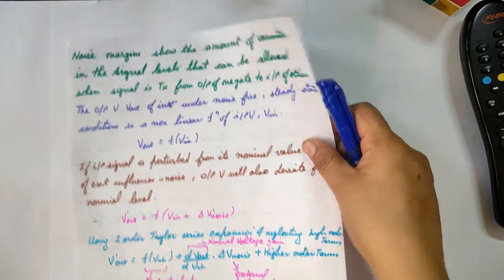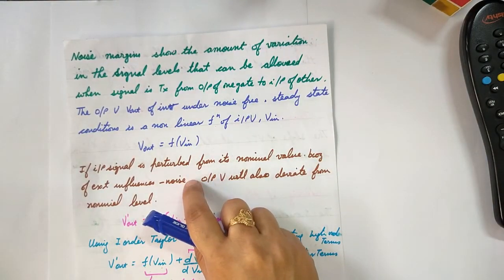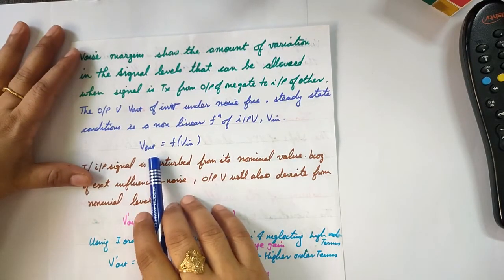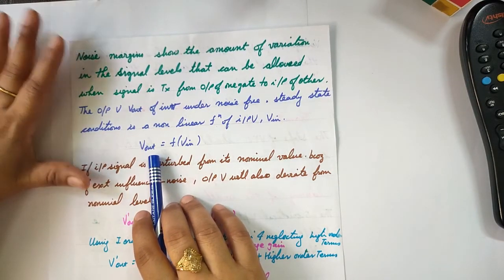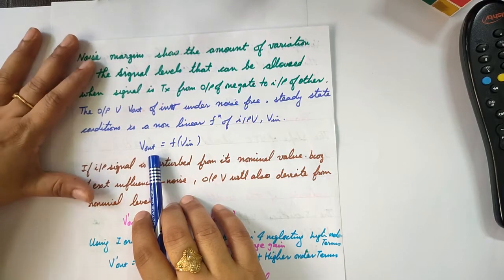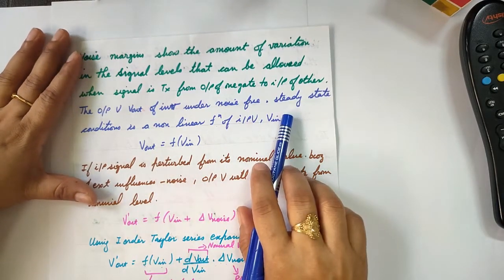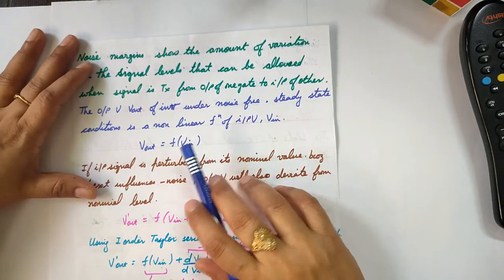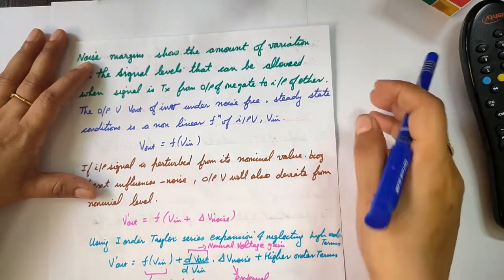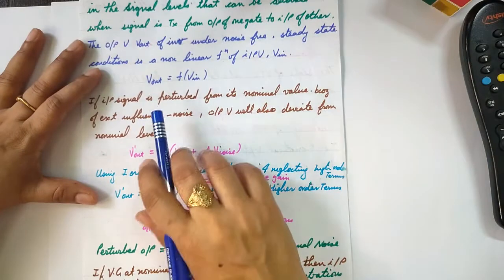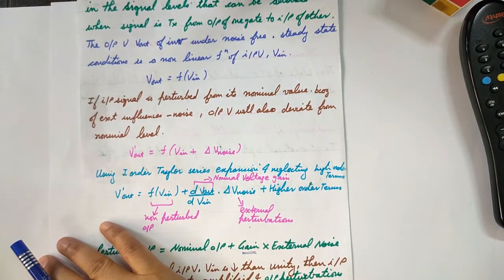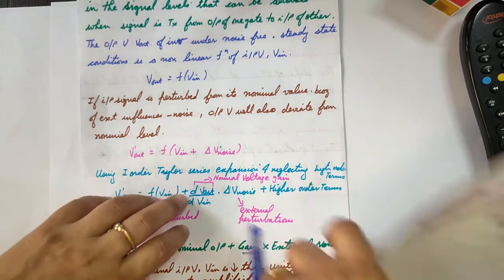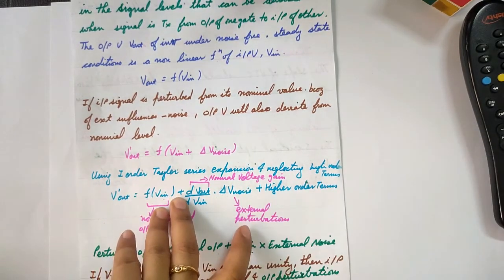Okay, now moving further, the output of an inverter, we call it V out, in the presence of no noise, means in a noise free environment. In that case, it will be in a steady state, and it will produce an output which is a function of the input voltage Vin, and that output is written as V out equals function of Vin.